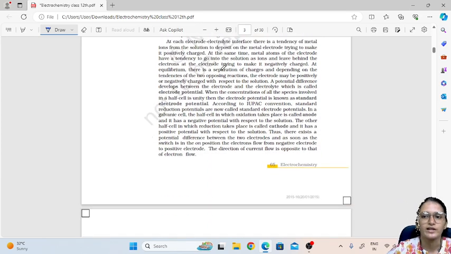Now we have already seen the potential difference, but still we will discuss it here. What is potential difference? The potential that develops between the electrode and electrolyte is called the electrode potential, meaning the potential which develops in the reaction between the electrode and electrolyte. The electrolyte is the species which you put in it. When the concentration is unity, that is 1 molar, it is called the standard electrode potential, meaning we are carrying out the reaction under standard conditions.